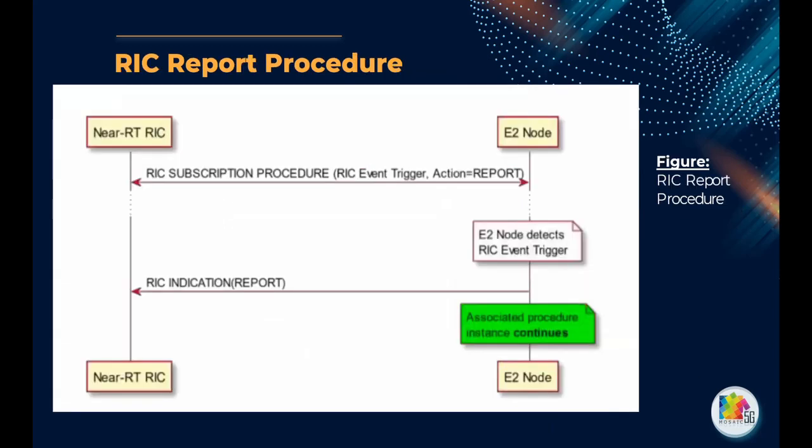This is another process, the RIC service, a RIC report procedure. Here, the first thing to do is that you need to subscribe, right? There is this RIC subscription procedure through which you subscribe to the E2 node. You subscribe, for instance, for the MAC statistic. You subscribe for RLC statistic. And once the statistics are available, the RAN function will trigger and will send you the RIC indication,